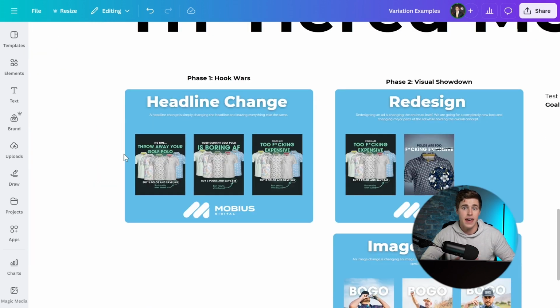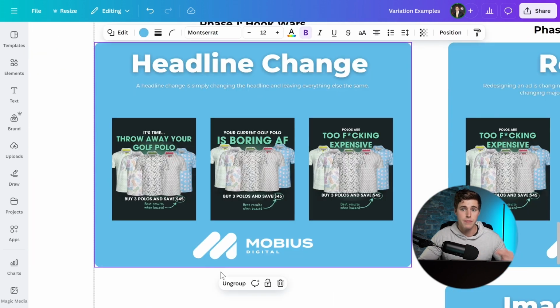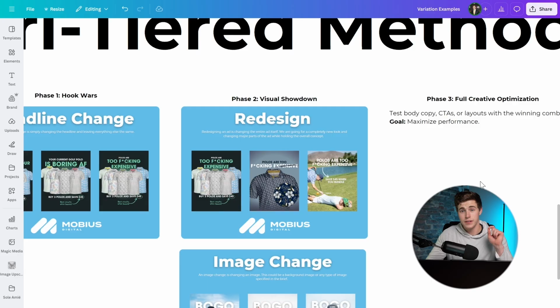The hook wars is the headline change. This is when you're testing the messaging behind your ad. You don't want to change the visuals and you don't want to change what grabs their initial attention. You want to test what messaging, what angle, and what concept works the best. Once you find an overall winner in terms of the actual messaging behind your ad, then you move into the